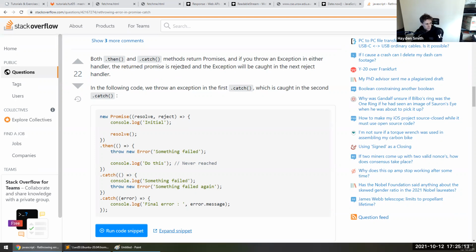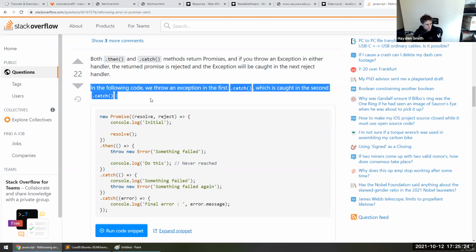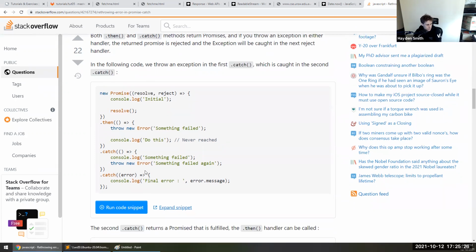Yeah, both then and catch return methods return promises. And if you throw an exception in either handler, then the returned promise is rejected and the exception will be caught in the next reject handler. Following code, and so on. Now,